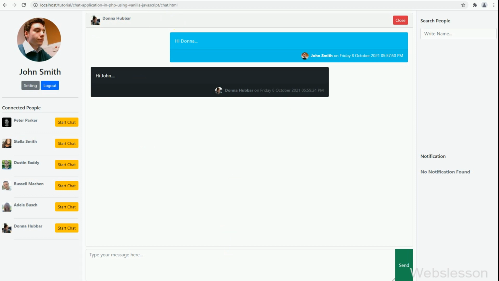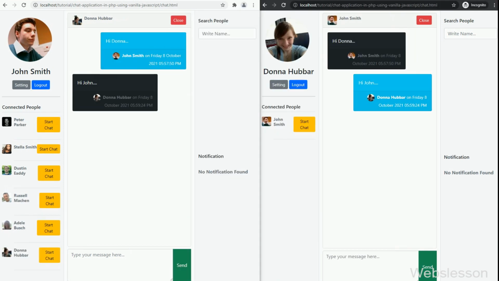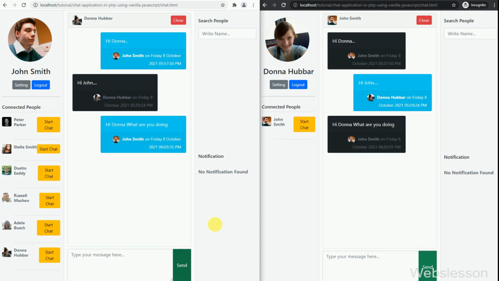Now we want to check the functionality of the real-time chat message system. Here, we can see both users' chat dashboard web pages on the screen. Next, from the John Smith account, we have typed something in the chat message and clicked on the send button.